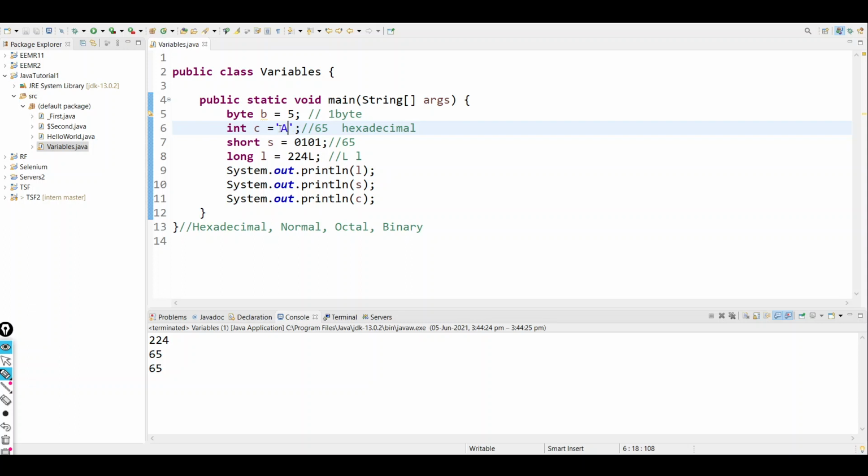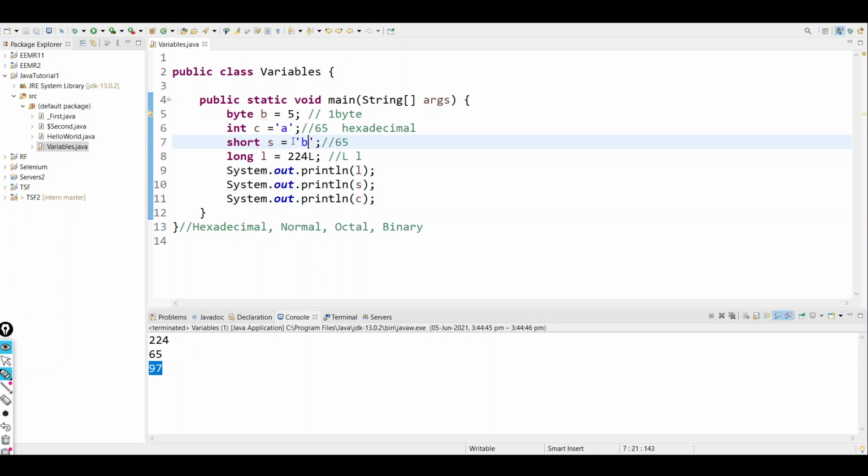So how does this happen? As I said, integer is just a fixed number, right? So how is it taking a character? The value of A in ASCII is 65, and if I give the small letter a, then it will say 97. So if you give a character as the input for an integer, whether it is byte, short, or long, any one of them,